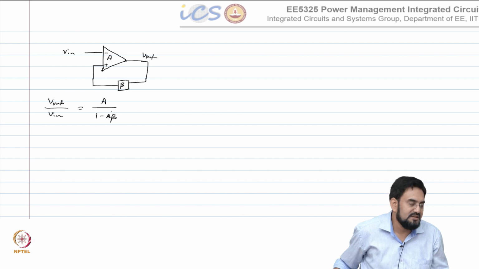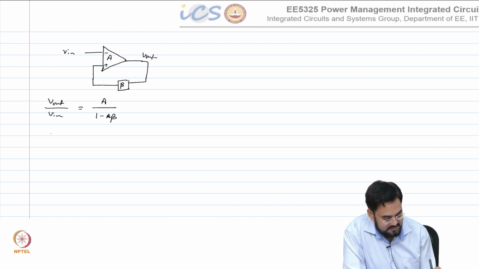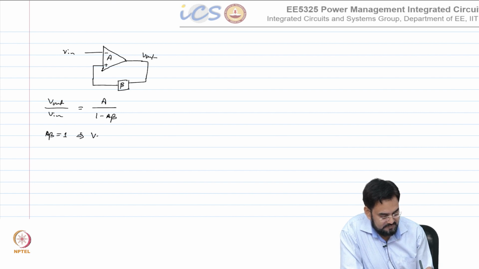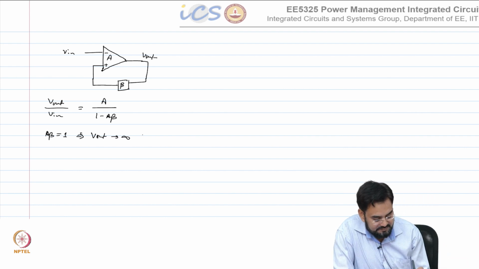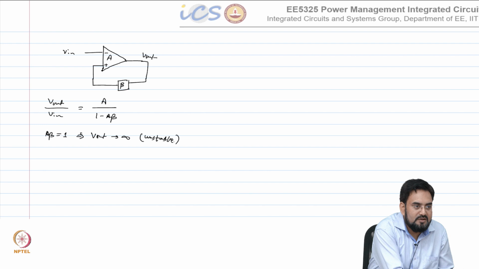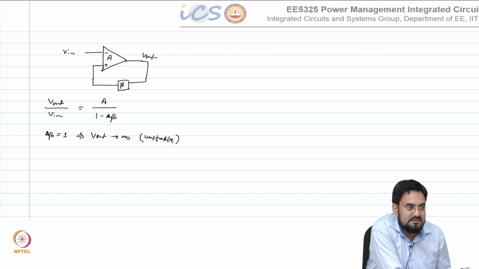In this case, is there any value which will make the output infinite? A beta equal to 1. Okay. Unstable. Which means in order to make this system unstable, it has to be a positive feedback, but we always operate our system in negative feedback. So, how does it become positive feedback then? At a particular frequency of gain of the amplifier.